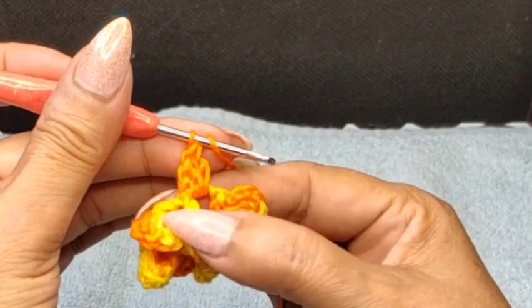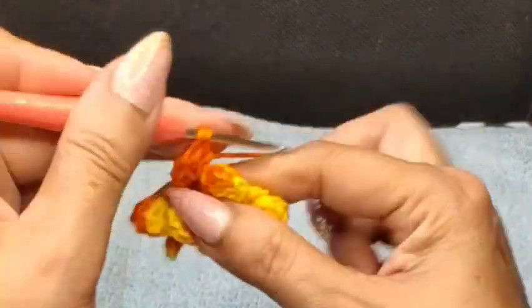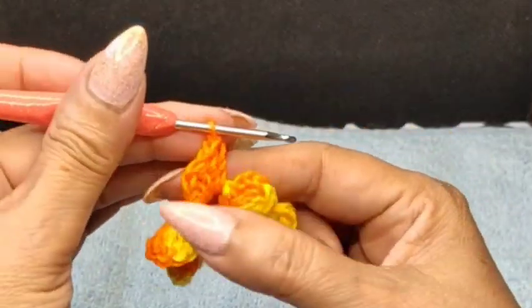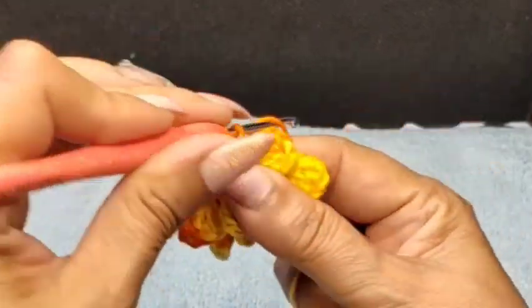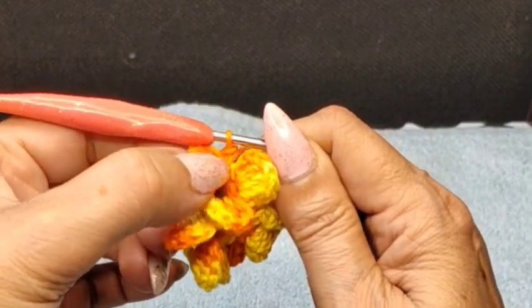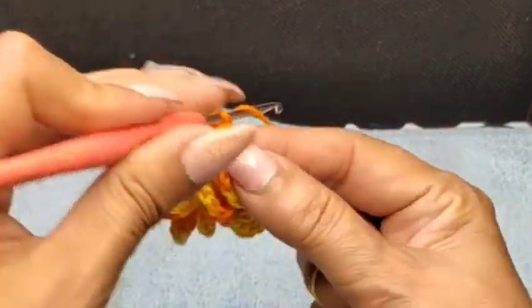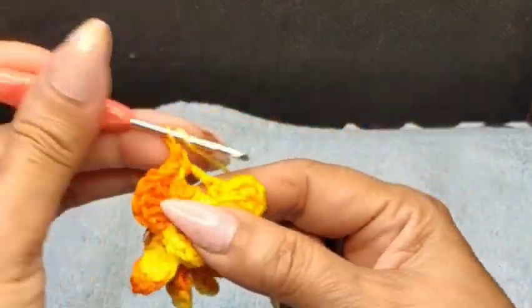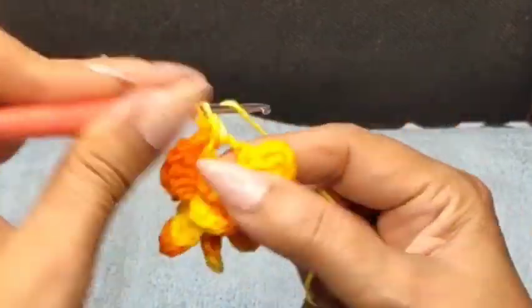So I have 2 double crochets, 3 and 4, and back in with single. So we start with single, 4 double crochets, and single. 1 chain space, come back into the next one, single, and again 1,